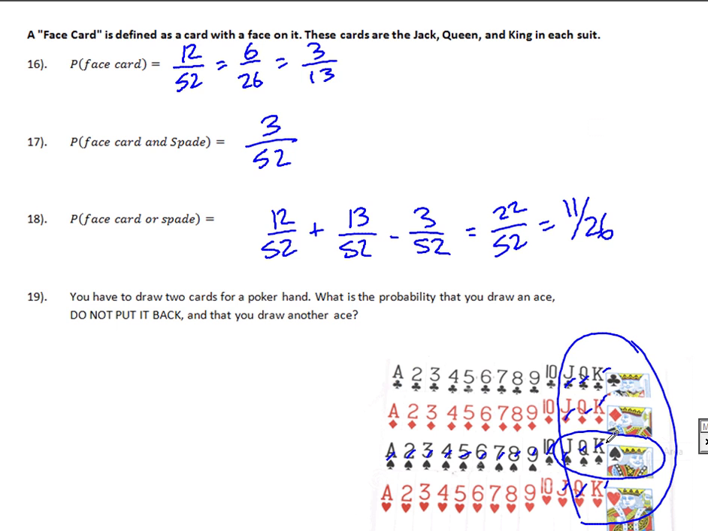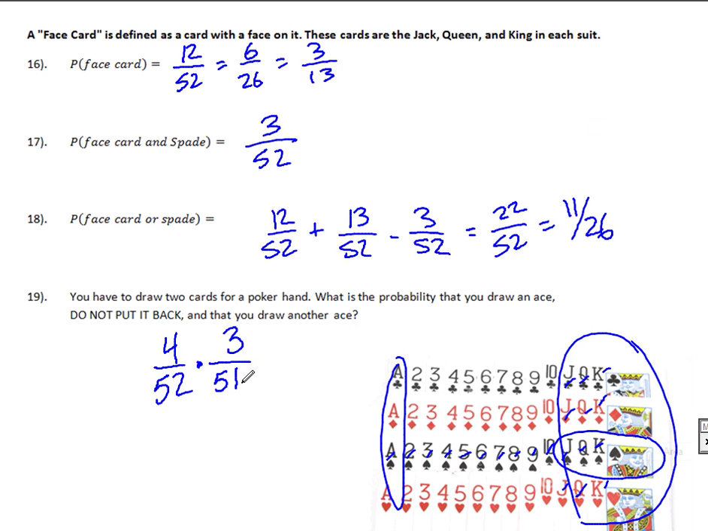Now 19, you have to draw 2 cards for a poker hand. What's the probability that you pick out an ace, you don't put that card back, and then you draw another ace? Well, there's 4 aces here. So your first option, there's 4 out of 52 chance that you're going to draw an ace out of the pile. You're not going to put it back now. So there's only 3 aces left to get in your second option. 3 out of, there's only 51 total left to finish up your poker